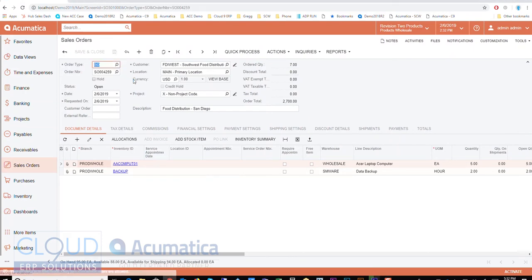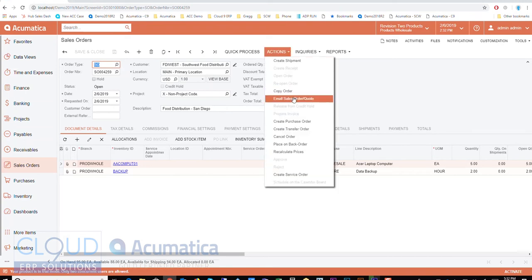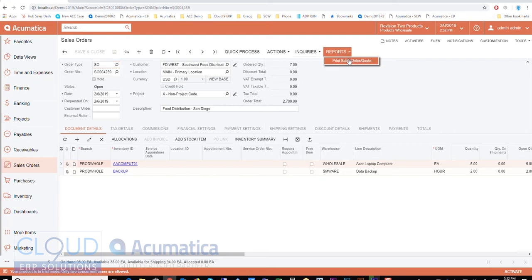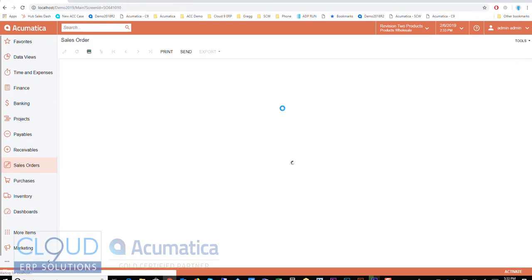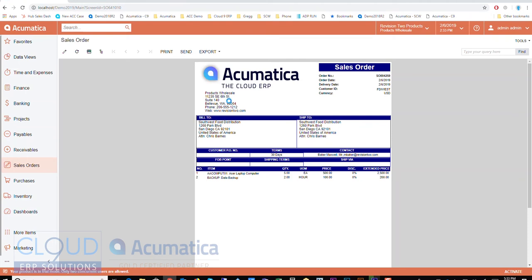Now, if the customer is looking for an order acknowledgement, I could do one of 2 things. I can say actions, email order. And what that does is it sends kind of an unattended email out with the order attached. It's more of a robotic email. But if I go here and I say print the sales order, and I hit the send button,